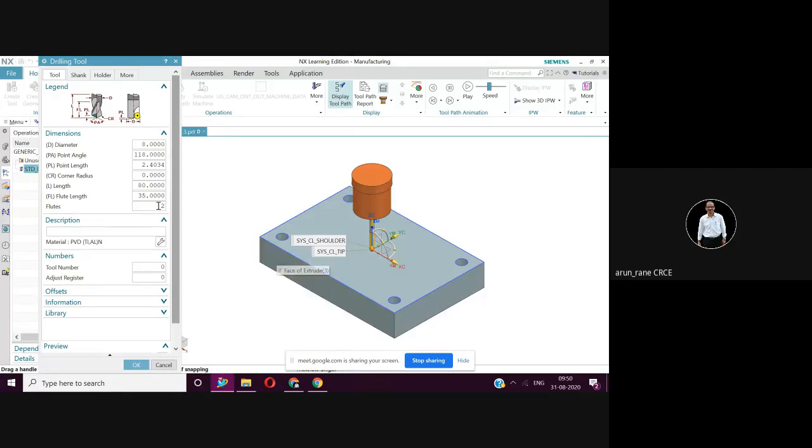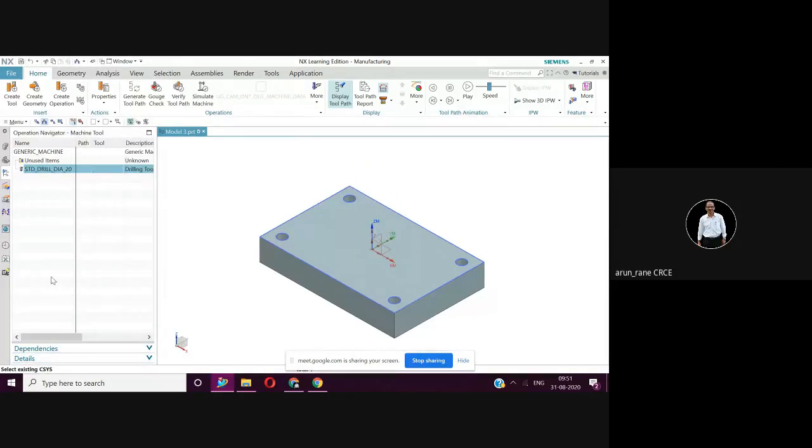The thickness of the part is 50 mm and the flute length is 35. So your flute length should be more, isn't it? Flute length should be equal to or greater than the thickness. Because we are going to do drilling 50 mm deep. Yes, sir. And length is just enough. 80 is just nice. So this is how you can do the editing.